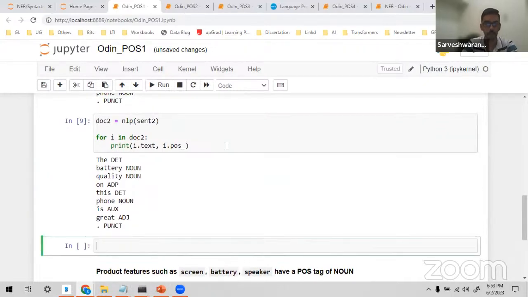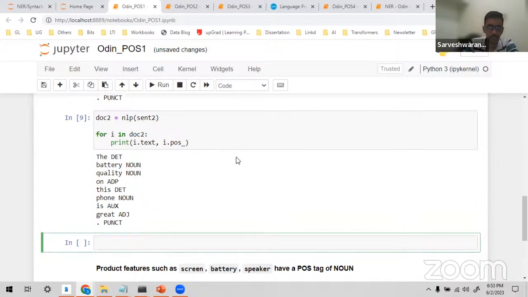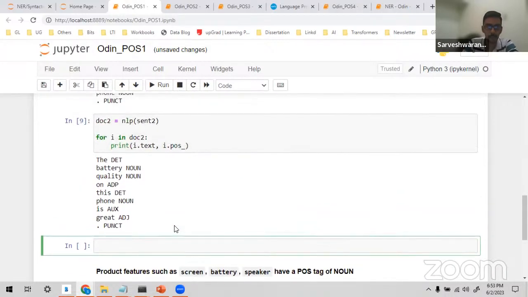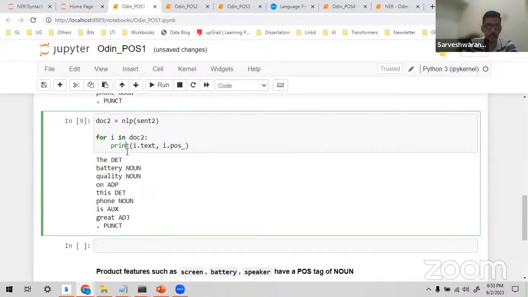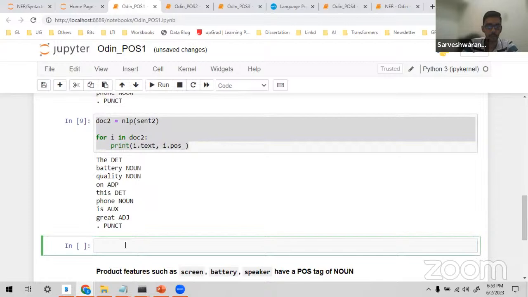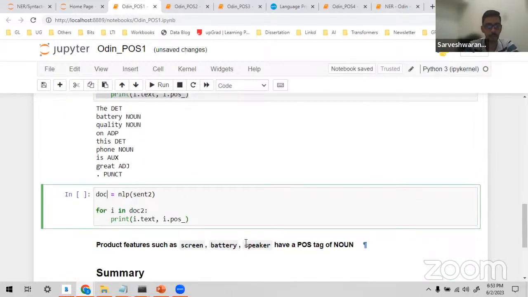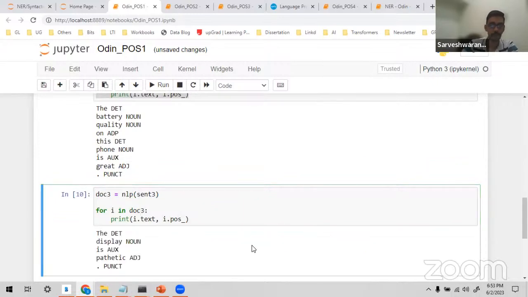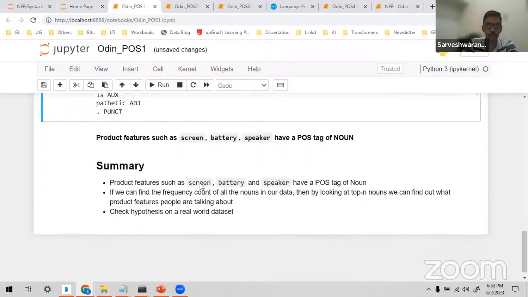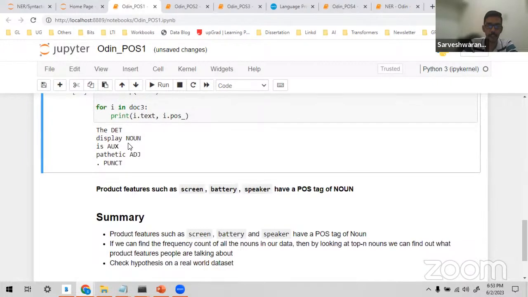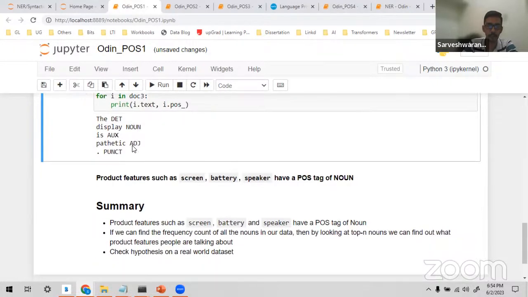Similarly, I'll do it for the third sentence. Here we can understand which are the important features that have a part of speech tag as noun. So the display, the screen. The product features such as screen, battery, display are all tagged as noun.